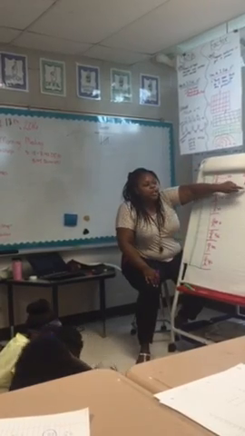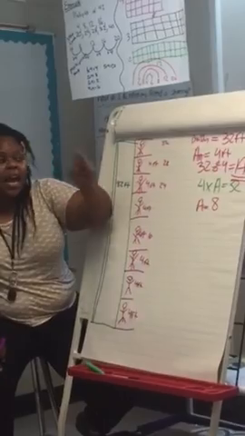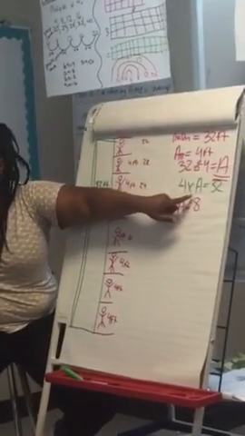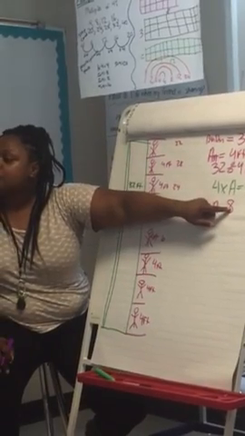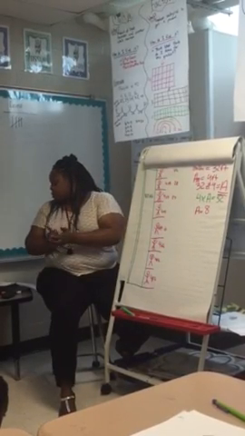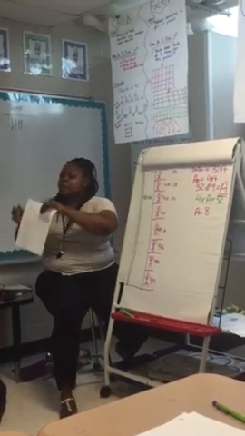No matter which way you pick to do it, I need you to be able to explain how you knew that it was missing 8. I know we know our multiplication sentence, but how do we know that it's 8 times taller? That's what I'm looking for today. When you go back to your seats, on your packet, each packet is a little bit